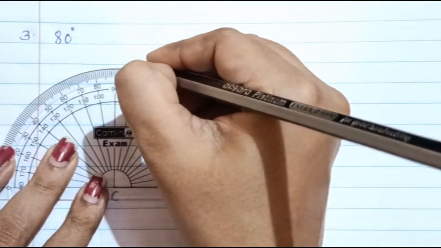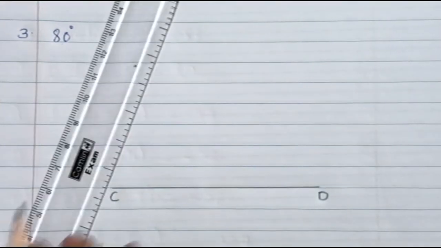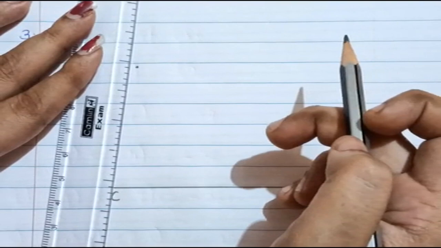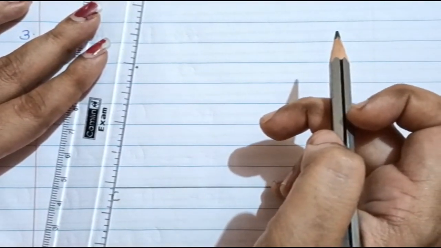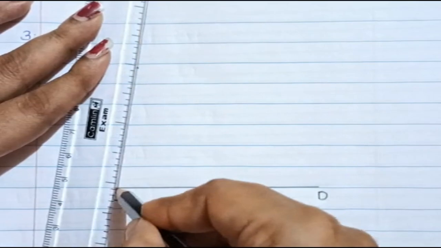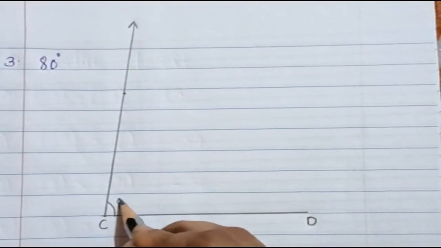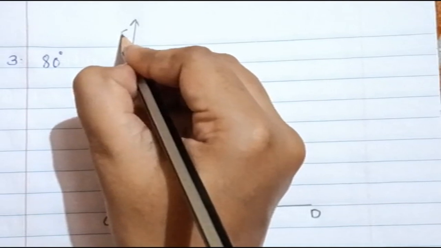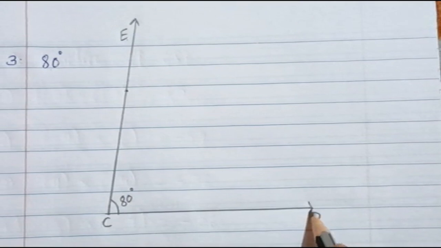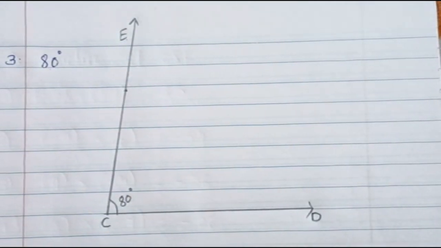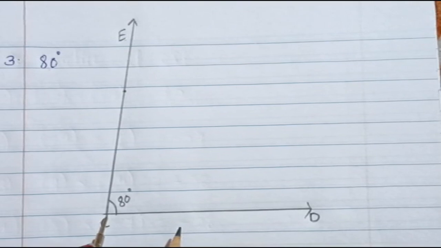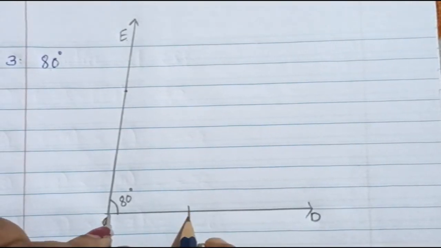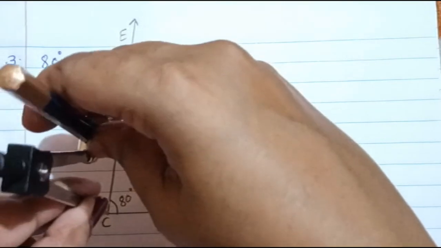So you will draw the point and then with the help of this scale you will draw a line passing from the point C and passing through that point. So I will draw a line here. Is that clear? So I have drawn this line and this is how much? 80 degrees. Okay, I'll name this as E. So I have got the angle ECD. Is that clear? Now what we are supposed to draw? We are supposed to bisect this angle. Now I'll take any distance according to me and then I will bisect it.